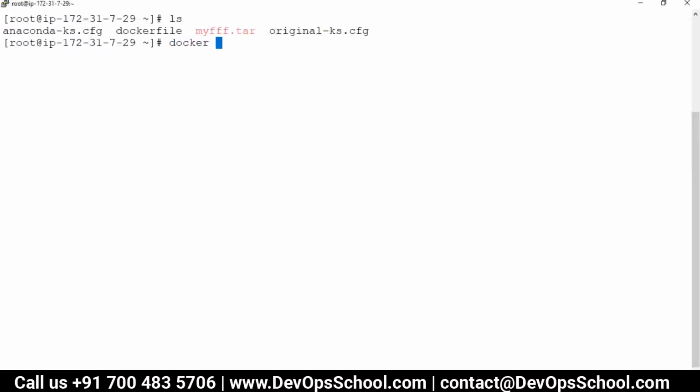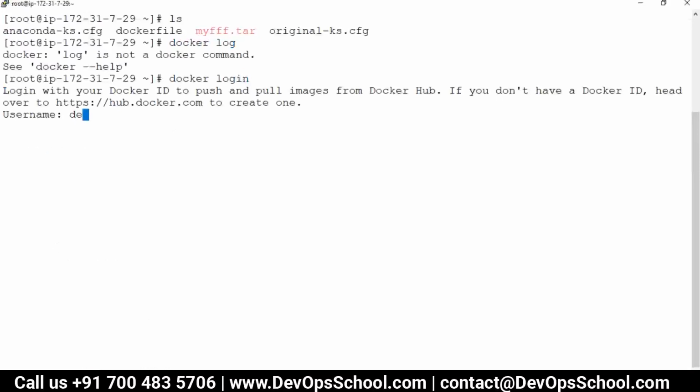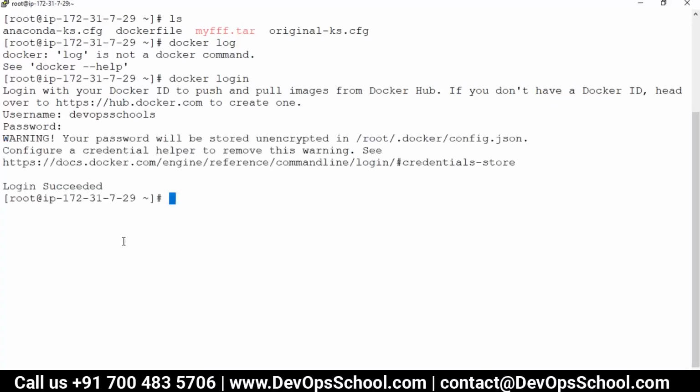So let's do that. docker login, automatically it will log into hub.docker.com. What is the username? My username, I know that. You can register a free account over there. DevOps School. I logged in. Okay, and here also I logged in.